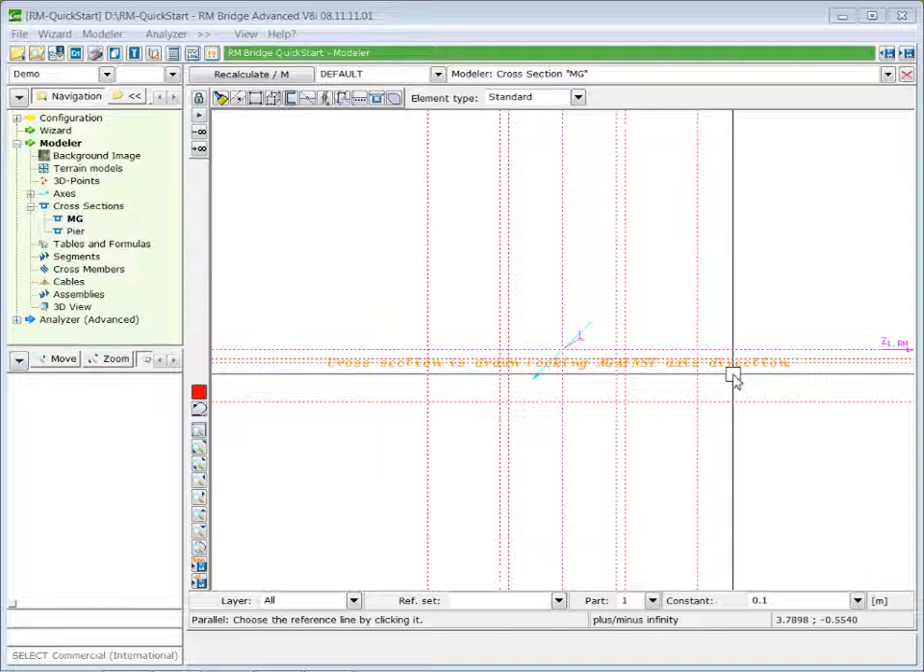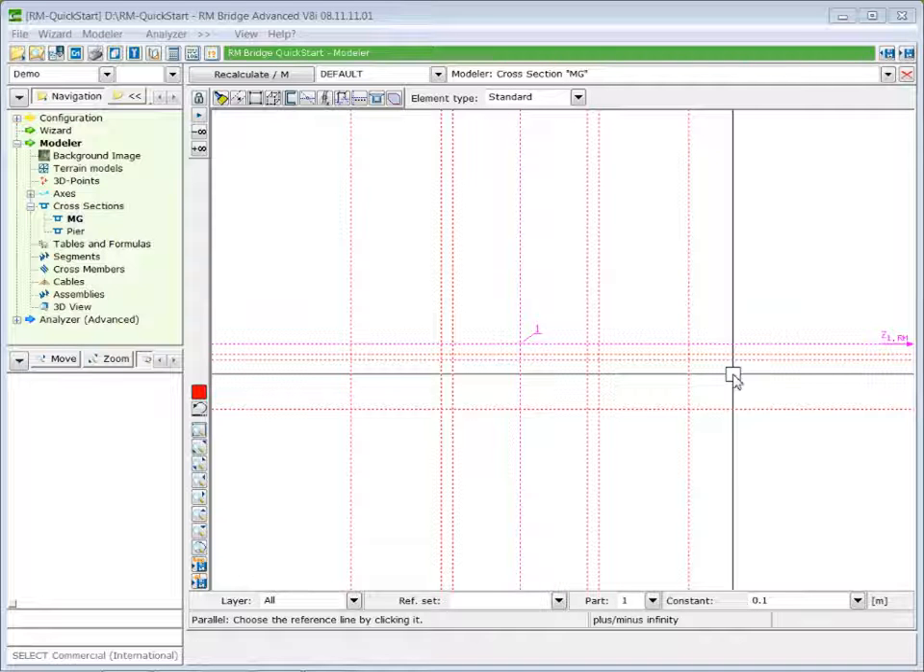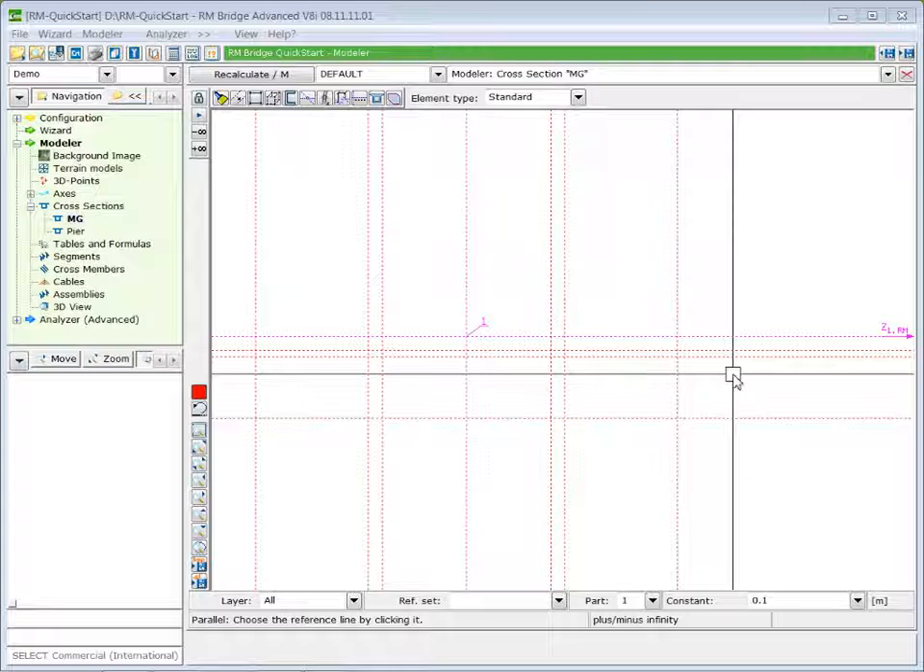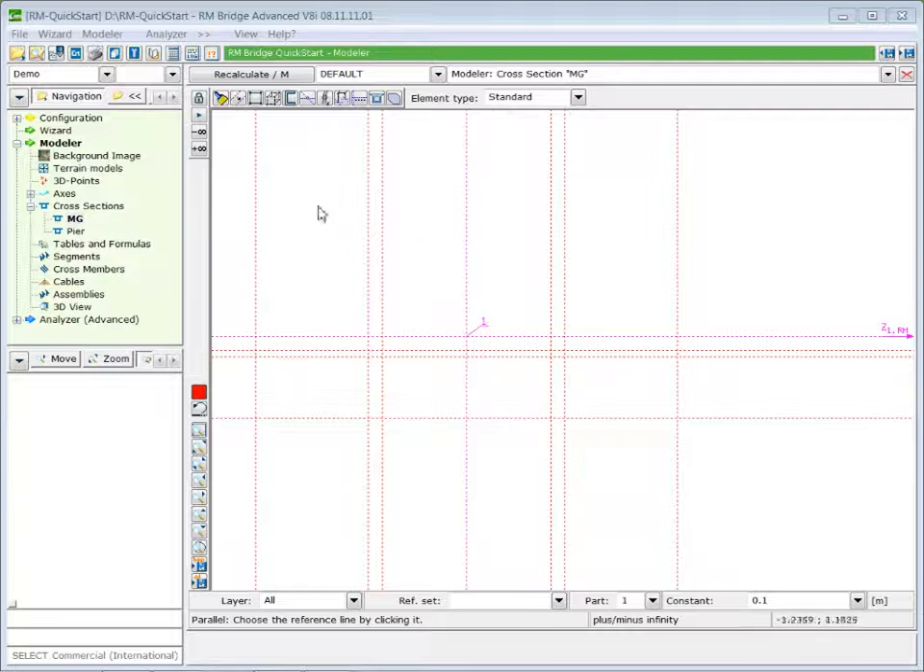You can use the mouse wheel to zoom in and zoom out to calibrate your view on the cross section. The next step is the input of our cross section elements. Therefore, we press here the line 4-point elements button,